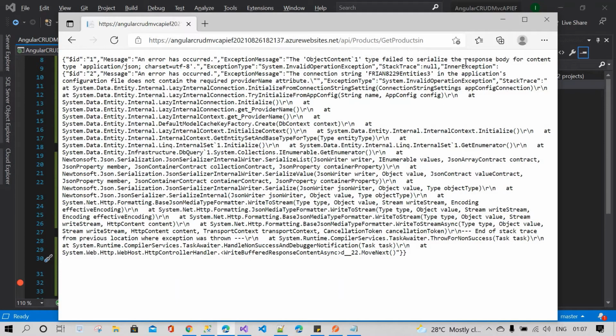An exception message: failed to serialize the response body for content type application/json. Exception stack trace: the connection string created in the application configuration file does not contain the required provider attribute.